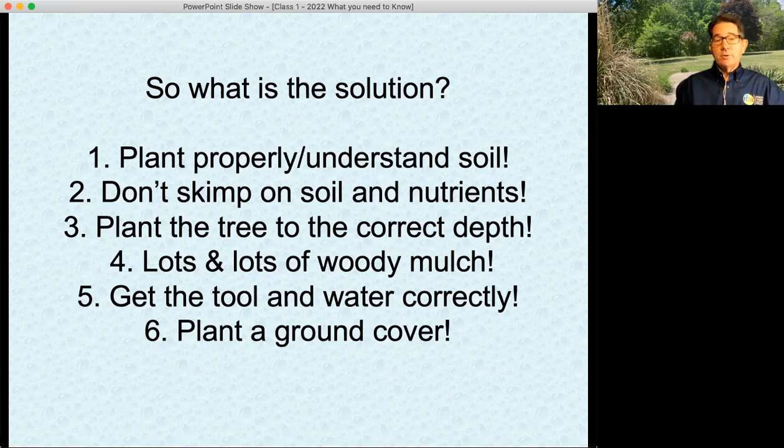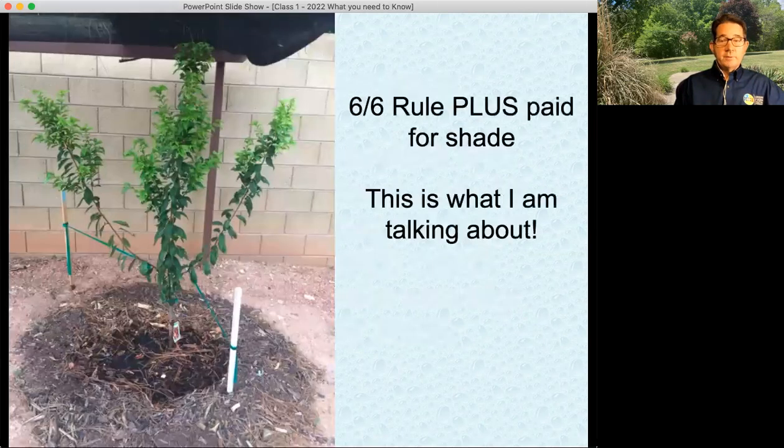So now what I want to show you is what do we do for success? So this is our 6-6 rule. 6-foot diameter basin with 6 inches of woody mulch. What happens at the interface between the dirt and the woody mulch is very quickly it starts breaking down into this magic soil. And so put the 6-6 basin in place when you're planting. If you need to fix a basin around a tree that's already planted,